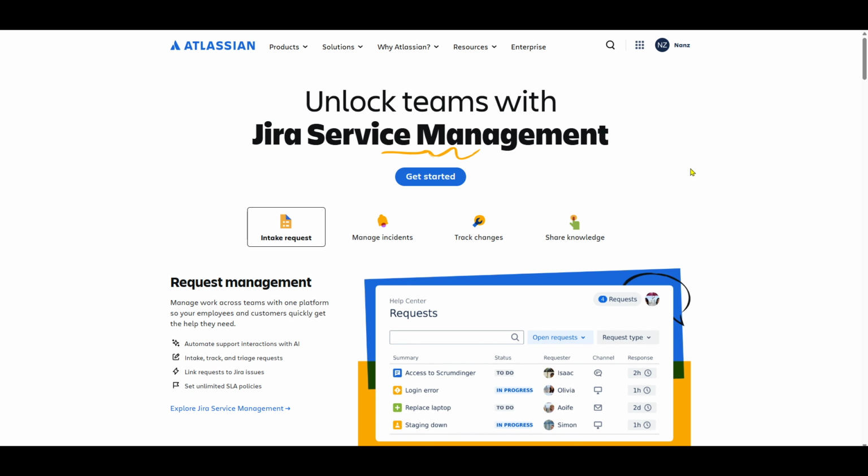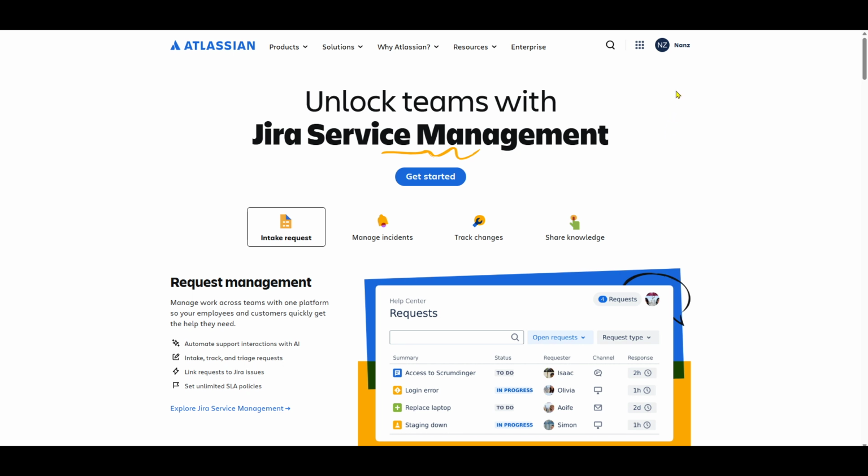To start off, you'll need to head to the Atlassian website. This is the home base for Jira and many other great collaboration tools you might be using. Once you're on the Atlassian homepage, look towards the top right corner for the Sign In button. Go ahead and click on that. You'll be prompted to enter your credentials. If you're already signed in, you'll be directed straight to your home.